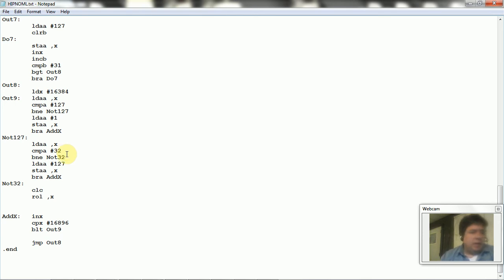If it's not 32, as it says here, branch if not equal, just like up here, branch if not 127, it branches down there. And it compares 32. If it's not 32, it branches down here. Now, if it's not 127 and it's not 32, it's whatever other numbers there are, like 1, 2, 4, 8, 16. If it's 1, 2, 4, 8, or 16,